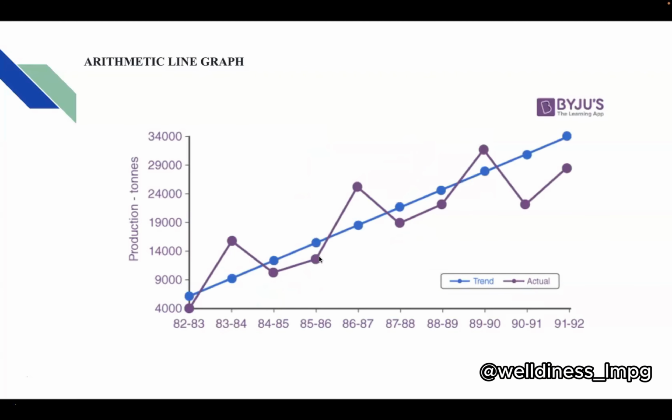So this is another example. This one is compared side by side. The blue one is the trend, while the purple line is the actual plotted value. In this case, we have production in tons, and we don't have the value for the x-axis, but this is just another example to show you another way they can plot an arithmetic line graph. As you can see, you have the actual plotted line, and you have the trend of how the line is going. So what this means, we will address it